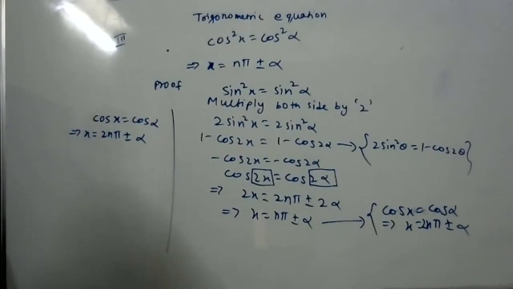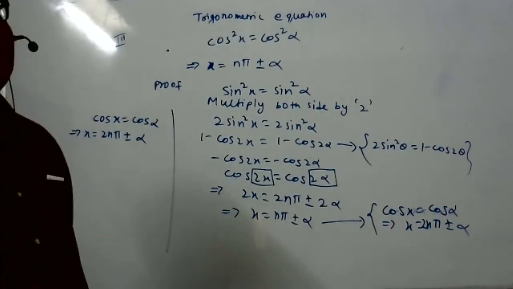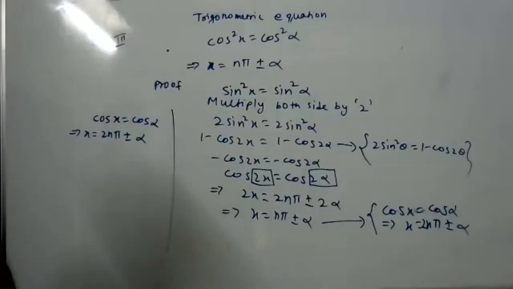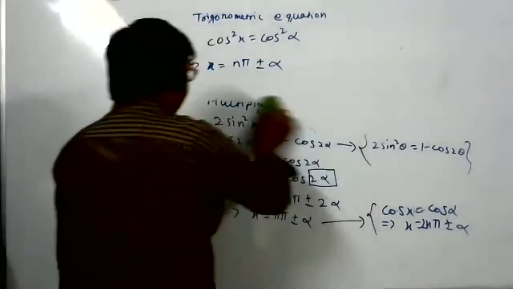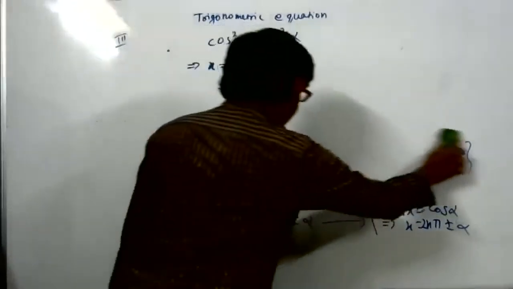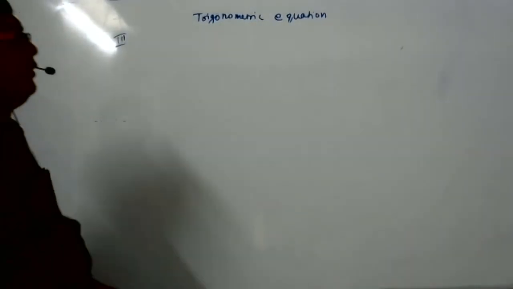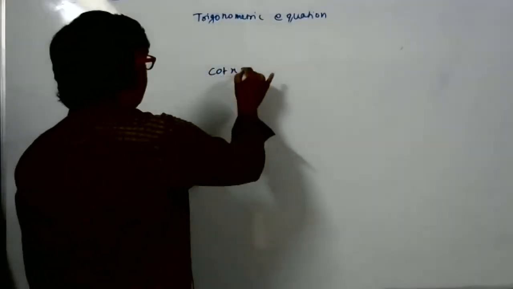Sir, before this, could you just show the proof of cot x is equal to cot alpha, the way you showed for tan x is equal to tan alpha? I will show the proof. What did you not understand? Sir, over there you will get sine alpha minus x is equal to 0, right? So then you'll get n pi is equal to alpha minus x. Okay, you're saying I should do the full proof. Cot x is equal to cot alpha.